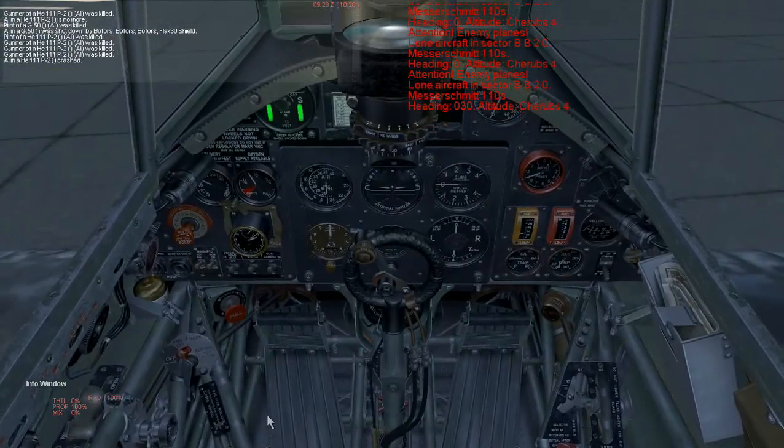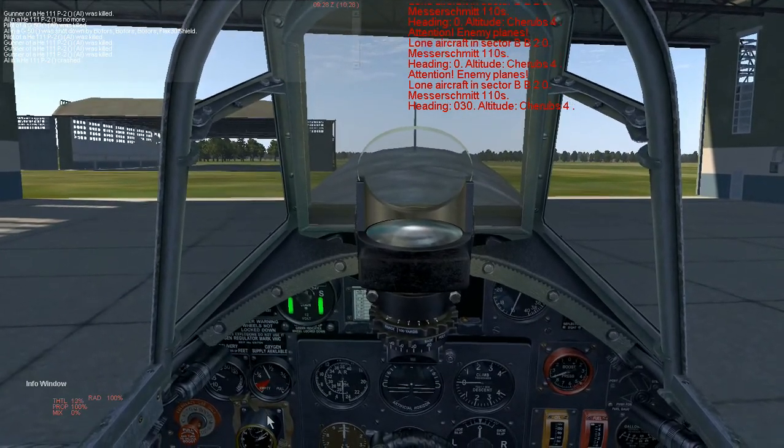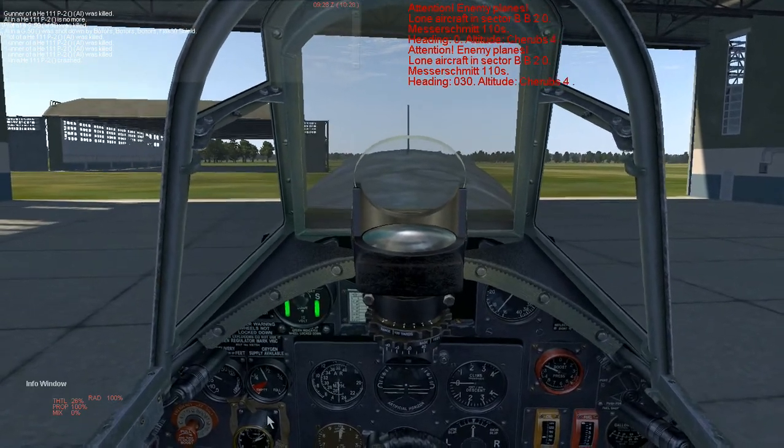Enemy plane. Aircraft in sector. Here. 0. Messerschmitt